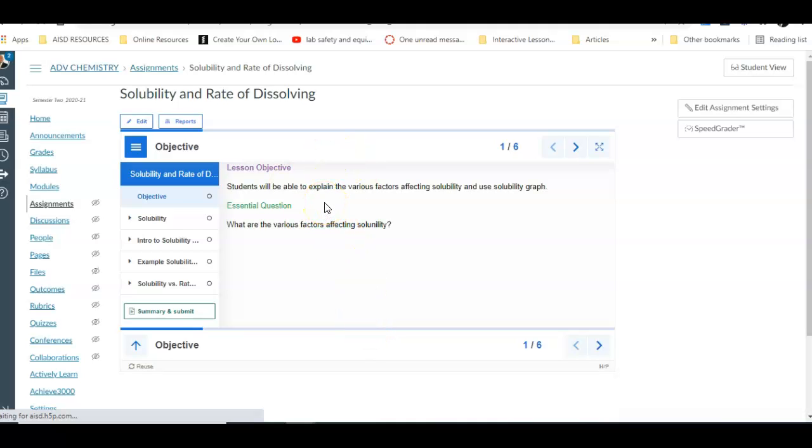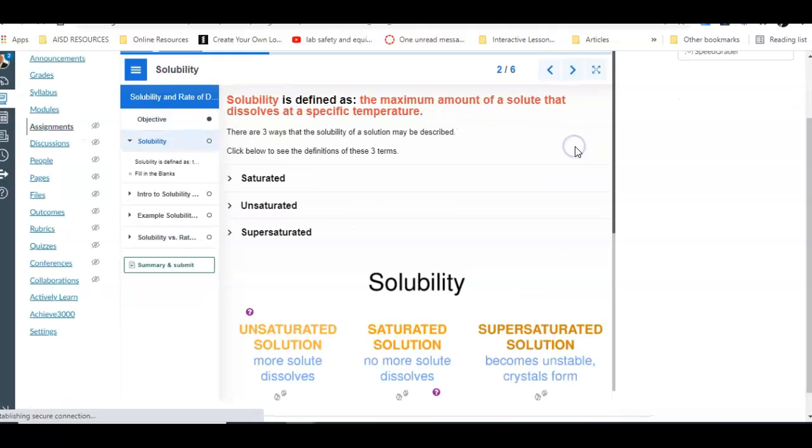And a lesson objective is that you will be able to explain the various factors affecting solubility and the use of the solubility graph. That is, you will be able to explain some of the factors that can affect how fast a solid will dissolve in a solvent. And also, the essential question is: are you able to answer the question, what are the various factors affecting solubility? Now, if you click on next, that'll give you the first